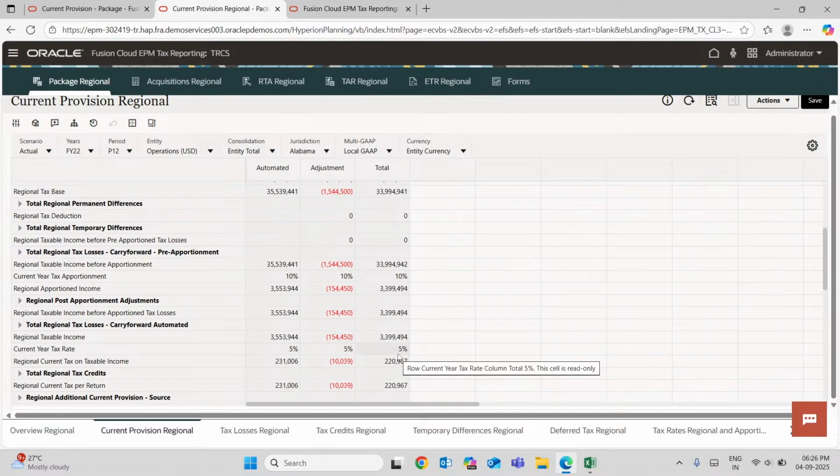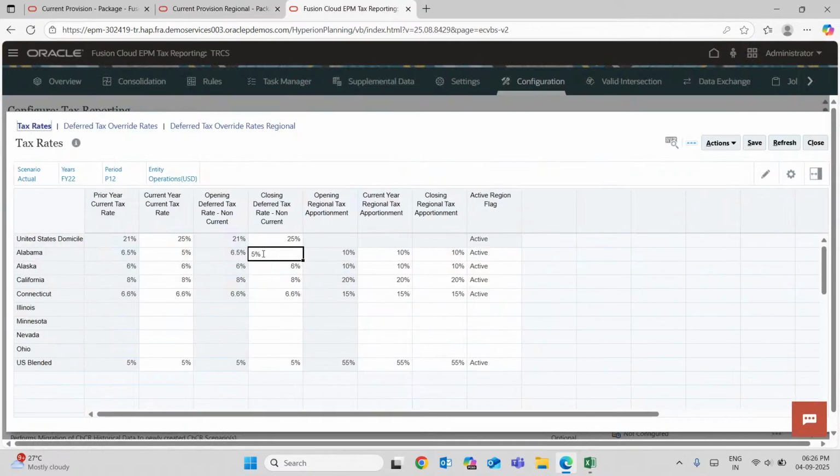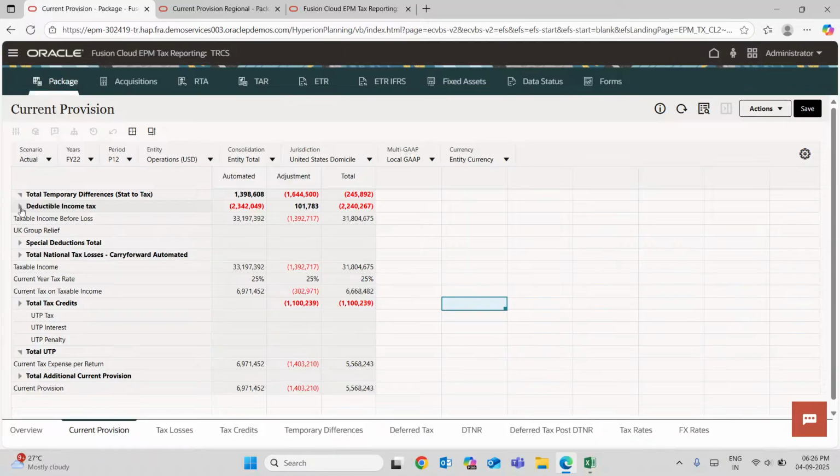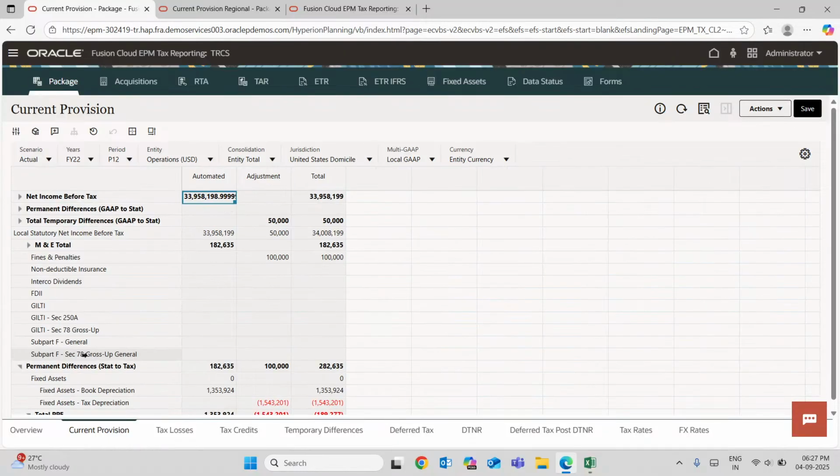Here you can see the 5% has been adjusted, and according to it all the current year tax rate and different taxes will be adjusted, right? So it's a very easy form that lets you actually change the rate of the different taxes according to the region or the national. And we can even override the deferred tax for some of the different things under this sheet. As you can see, we have different accounts. For example, we can have non-deductible insurance, or fixed asset book depreciation, or fixed asset tax depreciation. Whatever you would like to do according to the client's need. So till here